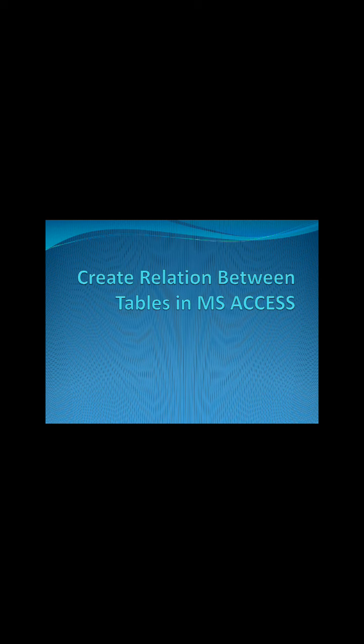Now, in Access you can store data in multiple tables. You can store the data in a single database. You can create n number of tables. To bring that information together, you need to define a relationship between the tables. Once you have defined a relationship between the tables, data from both the tables can be used by query, form and report.